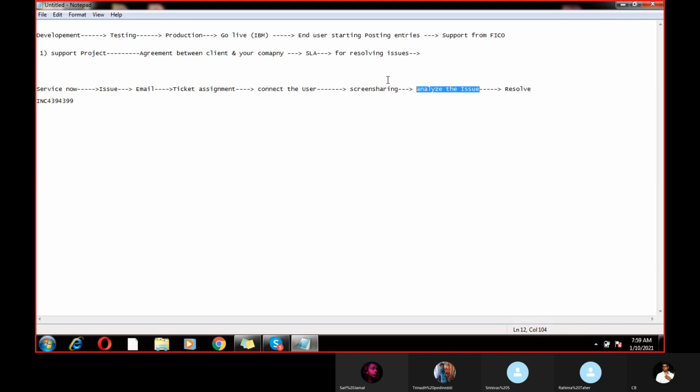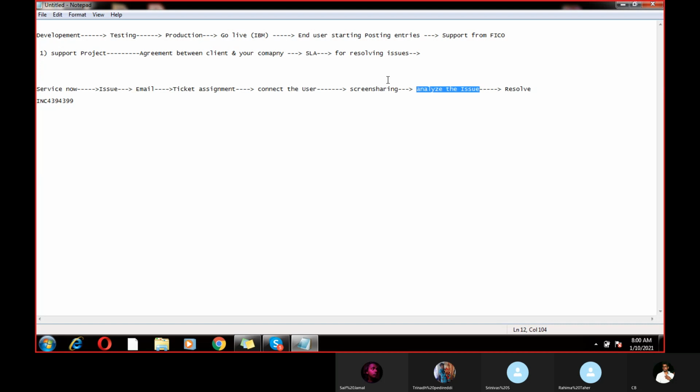Most of the errors will come from only end user mistakes. Out of 100, 60 to 70% of errors will come from end user mistakes and master data related issues. So errors can be classified as master data related, end user, and errors or bugs. What is master data and all, I will tell you. Most of the issues will come from master data related, 50%. End user mistakes or improper inputs, 20%. The remaining 30% should come from the